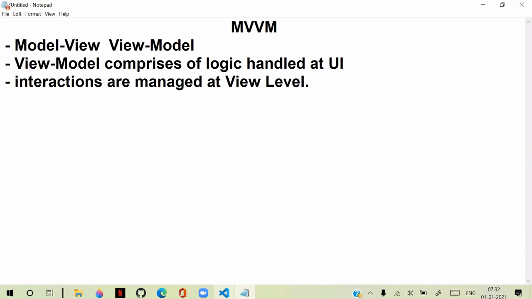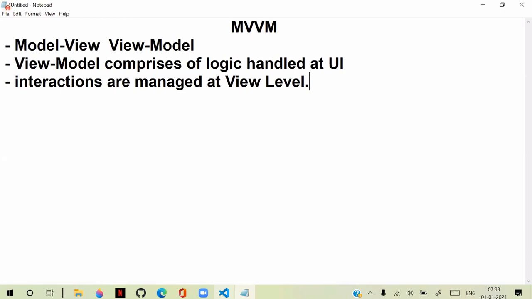That means the controller will not have a lot of interactions. Everything is managed at the view level. It will not depend on the controller. That means storing the value, collecting the value, displaying the value, the entire data binding happens without the use of a controller.